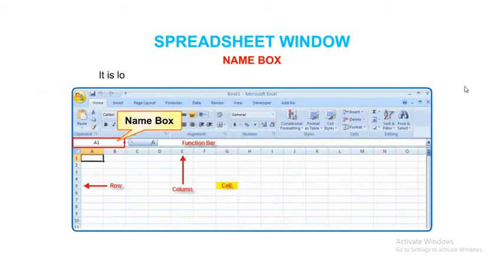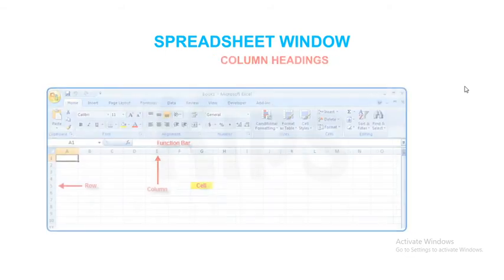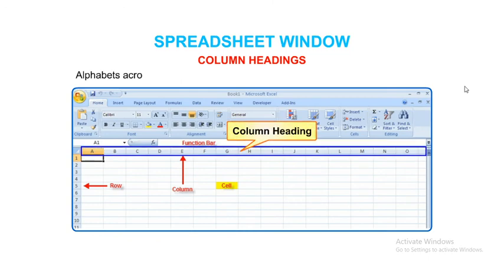Name box. It is located above the column heading on the left side of the window. This area displays the location of a cell pointer. Formula bar. It is located to the right of the name box. This bar shows the characters and formulas that you enter in an active cell. Column headings. Alphabets across the top border of each worksheet are called column headings.